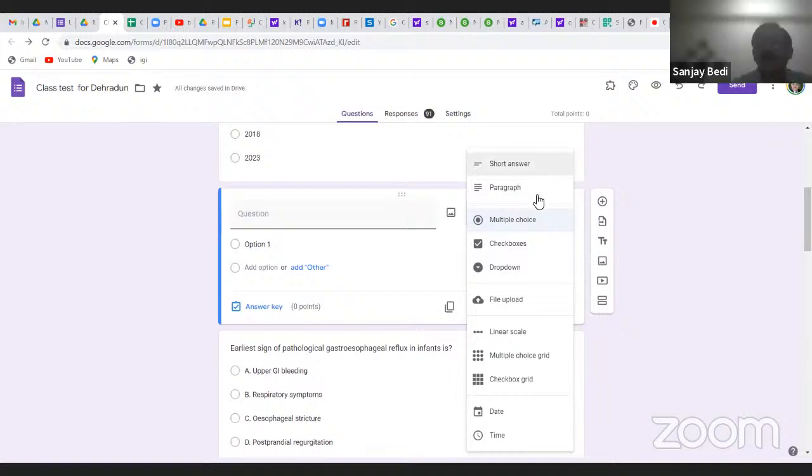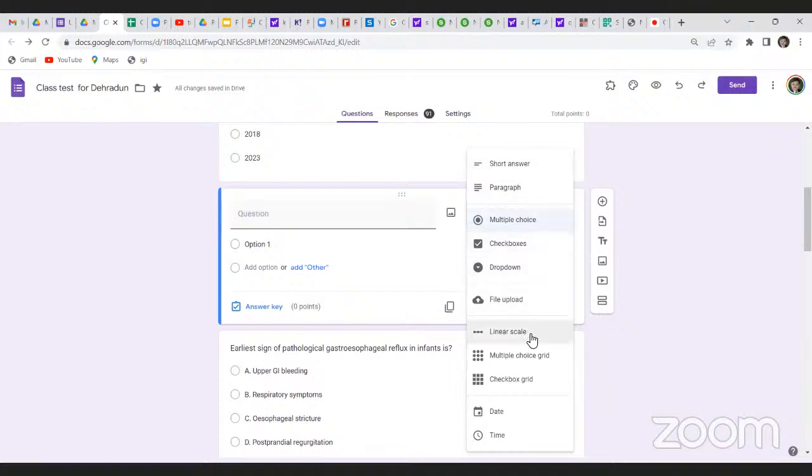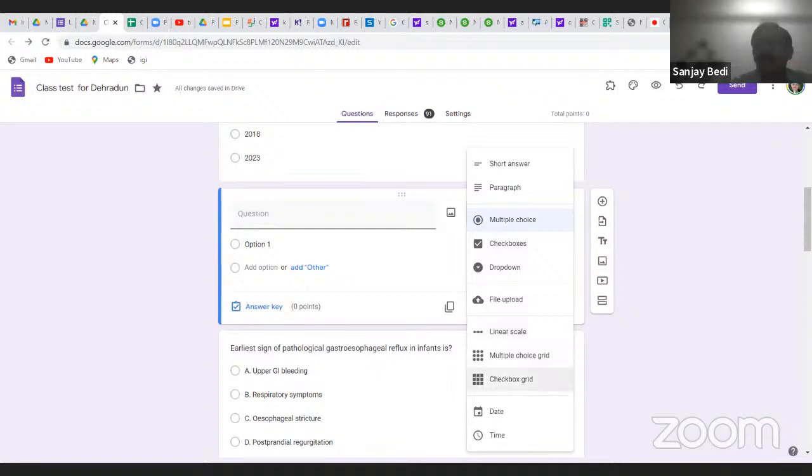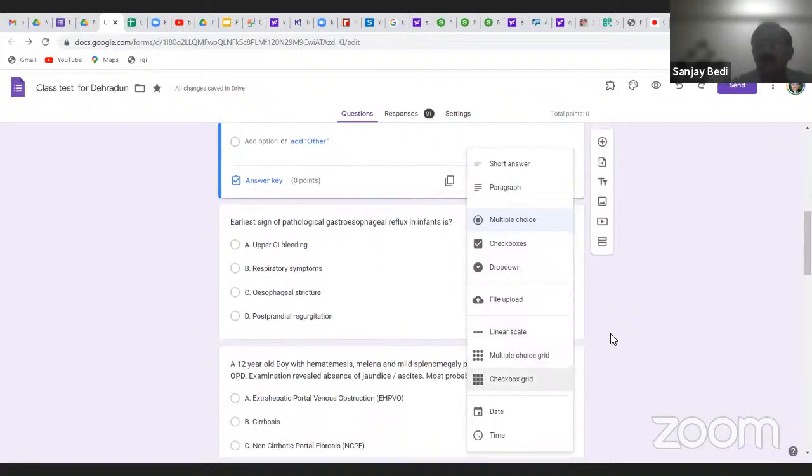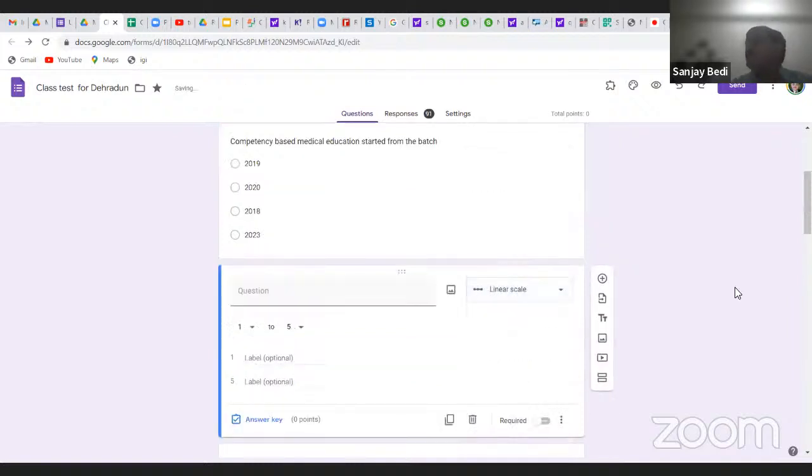Multiple choice, paragraph, you can do the checkbox, dropdown, file upload, linear scale, multiple choice grid, checkbox grid. Yeah, it is limited by your own imagination. आपने feedback लेनी है वो भी इसमें ले सकते हो, आपने attendance लेनी है वो भी इसमें ले सकते हो।